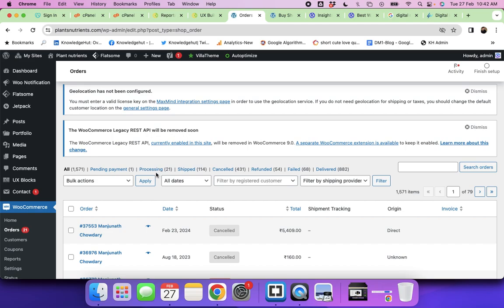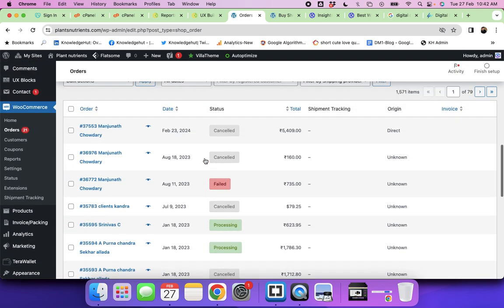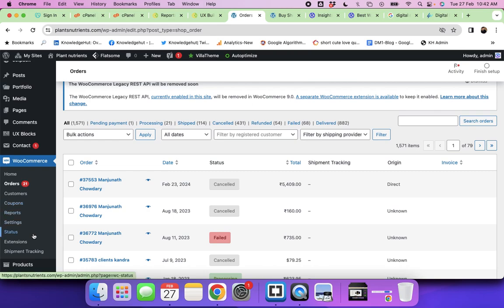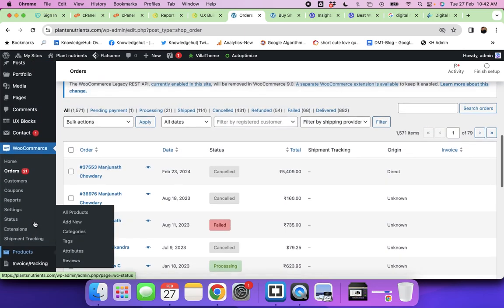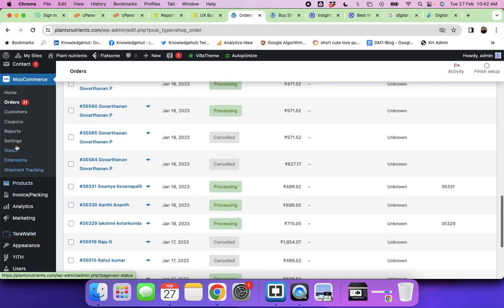Processing is, currently they are producing the product or yet to dispatch. They will have to pack, right? They have to pack and dispatch. Until then it will be processing stage. Okay. So WooCommerce is beautiful. I mean, it's quite easy as well to set up your e-commerce store using the WooCommerce application. Setting up an e-commerce store is not a big deal at all, right? So whomsoever were not part of these classes, we'll be discussing that again. Okay. And here reports, you will be able to see complete